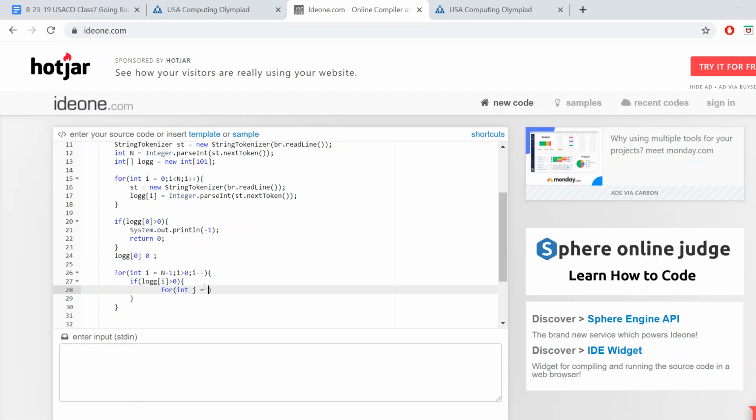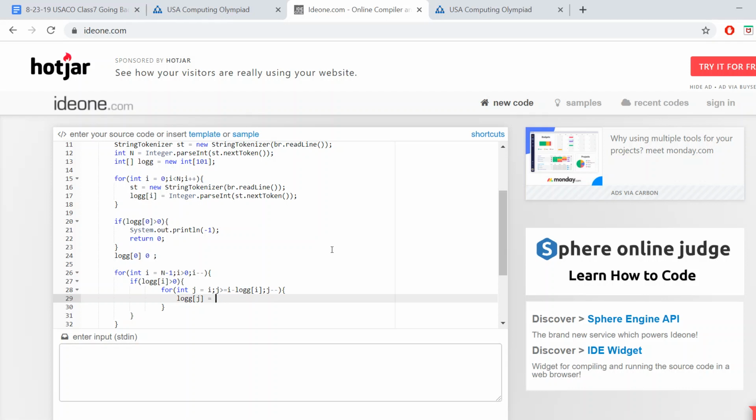So for int j equals i minus 1, j is greater than i minus log i, or greater than or equal to, and then j minus minus. I can't really see it sideways, but yeah. So that way you go from the current position and you go left by whatever the log says in that position. So if you're at position 10 and the log says 5, then you go left 5, right? And you just set that value equal to whatever it's supposed to be. Log j equals